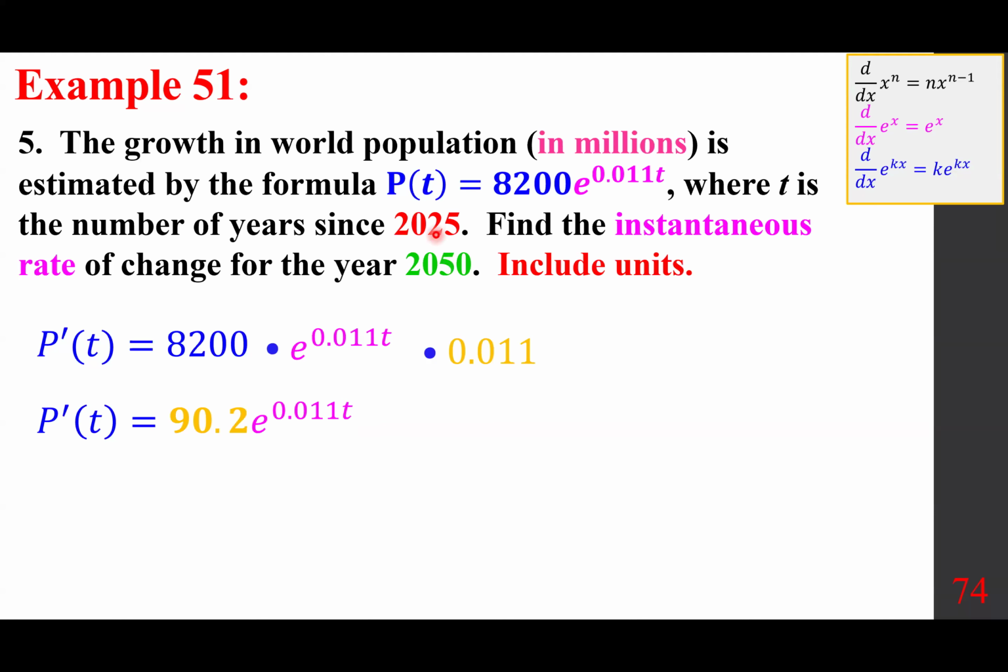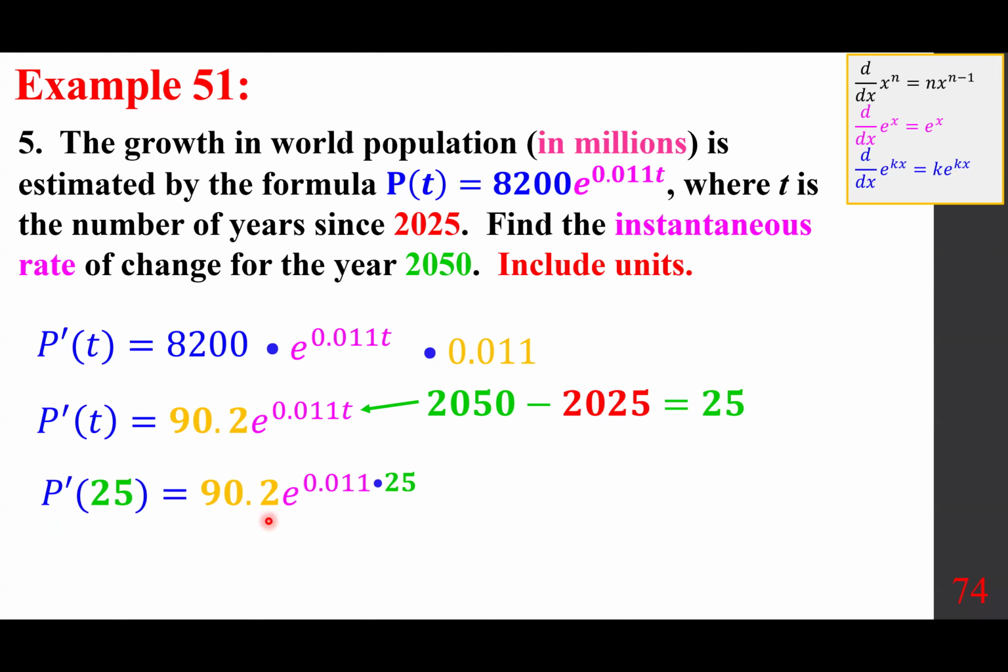In the year 2050, the difference is 25. So 2050 minus 2025 is 25. Replace the t with 25. It takes 25 years to get from 2025 to 2050. That's why the t is 25. So you replace it with 25. So p prime of 25 is 90.2 e to the power of 0.011 times 25. You put it into a calculator, and it gives you 118.7511